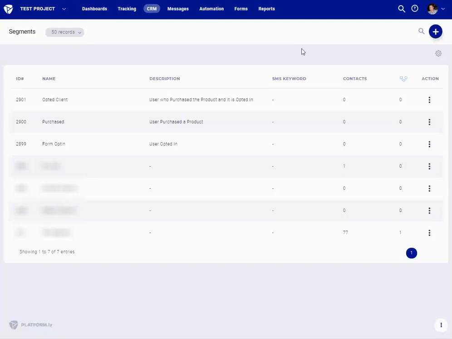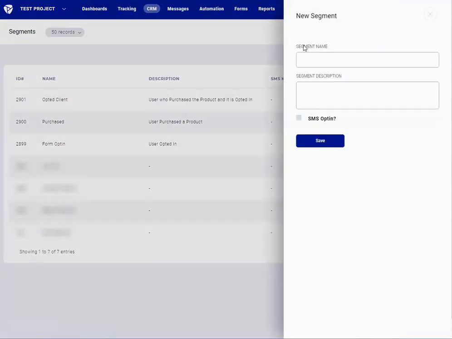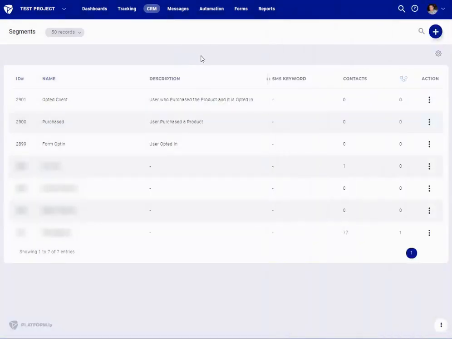In this tutorial video, I'm going to show you the steps how to create an advanced segment where a contact enters when some specific criteria is matched and leaves when, again, that criteria is not matched for that contact. As you know, when you create segments here, you go on plus and you can create a simple segment, okay? But in order to create an advanced segment, you need to go and use our automation rules.